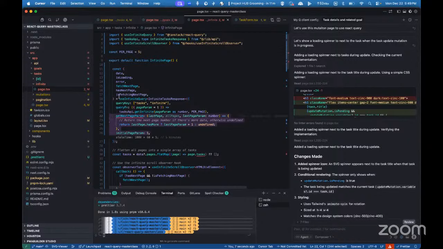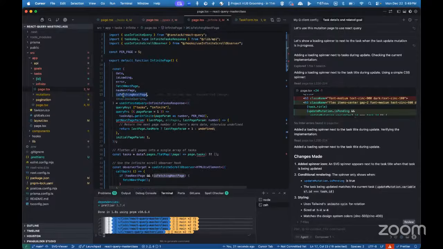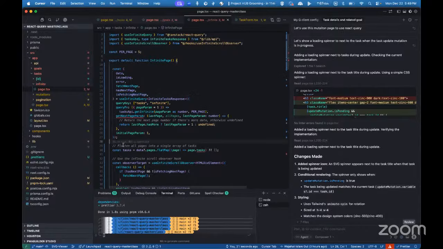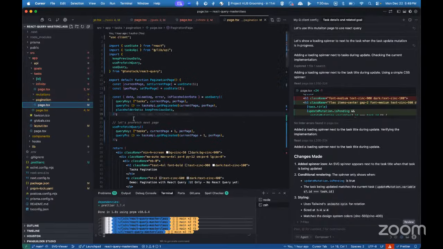तो इन्फिनिट क्यूरी बेसिकली एक बड़ा कॉमन यूज केस था, इस वजह से उन्होंने इसकी अलग से क्यूरी बना दी। बट ऑल इट इज डूइंग इज मैनेजिंग वो वाली जो पेज की स्टेट थी, वो अब ये इंटरनली मैनेज कर रही है, और इसने हमें फैचिंग नेक्स्ट पेज का फंक्शन दे दिया। जो स्टेट हम ऊपर मैनेज करते थे, करंट पेज सब कुछ, ये रिमूव कर देता है, फैचिंग नेक्स्ट पेज, हैज नेक्स्ट, ये खुद ही मैनेज करता है। ठीक है, तो अब इसमें भी हम यूज क्यूरी को हम क्या कर सकते हैं,